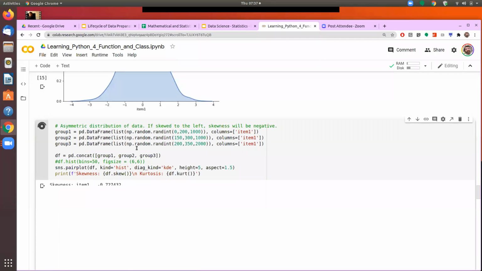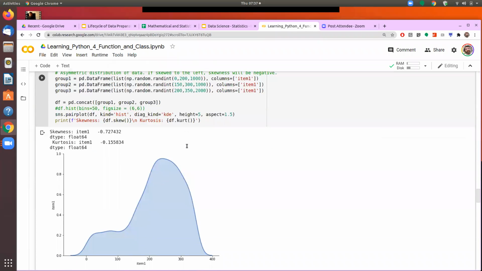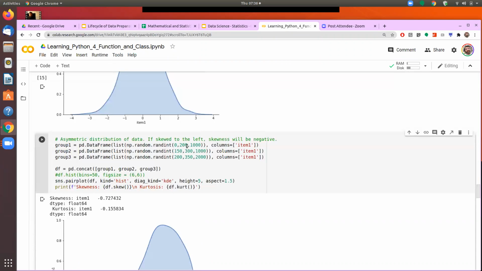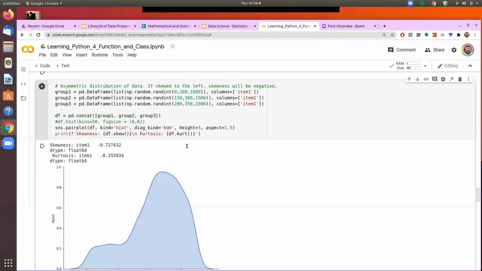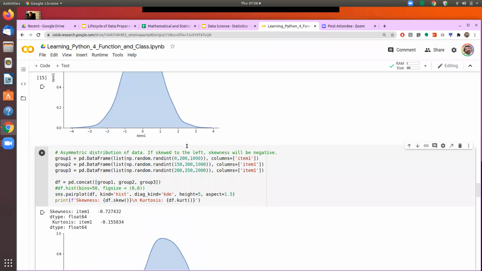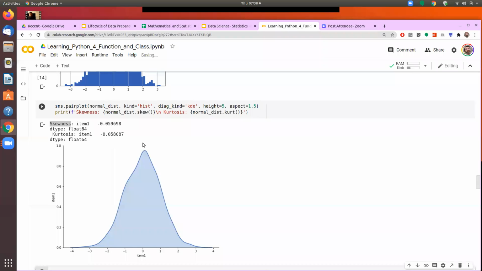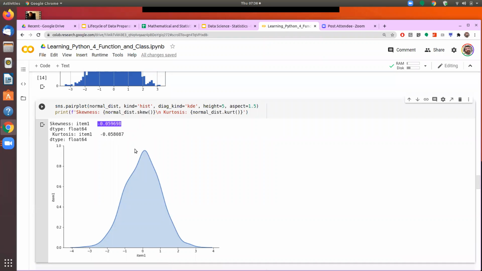So here again, just for the sake of demonstration, I draw another data set. Now, what does it look like? It is different from this. It is not as symmetrical as the first graph was. So you see the values of the skewness here. If it is symmetrical, the value of skewness is very close to 0. So here, if you see, it is just 0.05. So it is not completely symmetrical, but very close to symmetrical, because the skewness number is very close